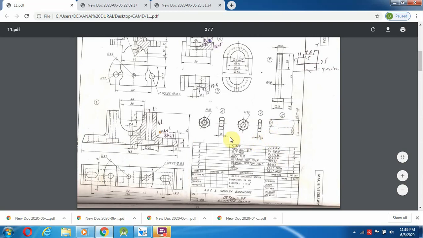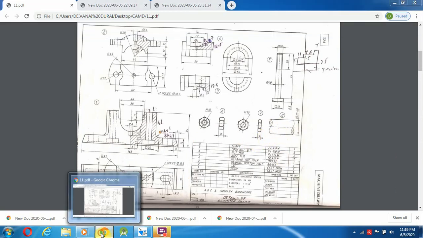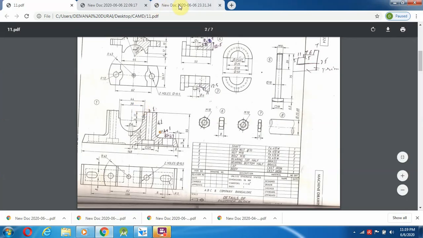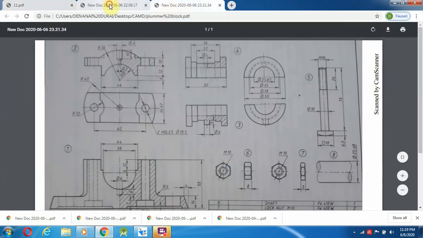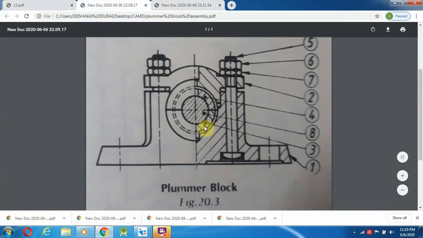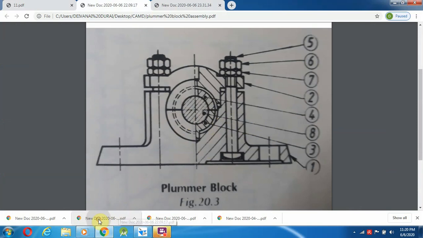So 8 components are given. The assembled drawing is like this. It will become in this manner. So these are all the drawings used to make in the sketchbook. After creating this sketchbook, only then can we do it in the system. So first,